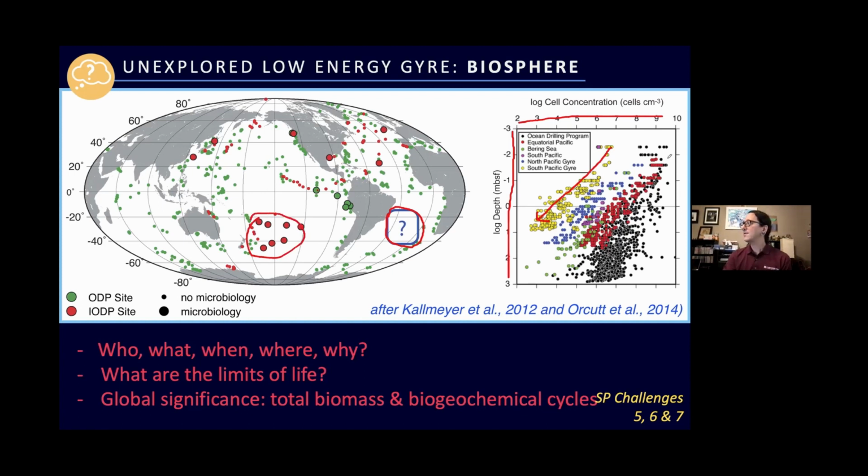And the black sites represent some old ODP sites that were closer to the shore and subcontinental shelf and places like that, where there's a lot more organic carbon input. And so you can see, depending on where you are, the number of cells you start off with at the surface can range up to 4 or 5 orders of magnitude. And if you put all this data together, you can make this kind of global estimate.